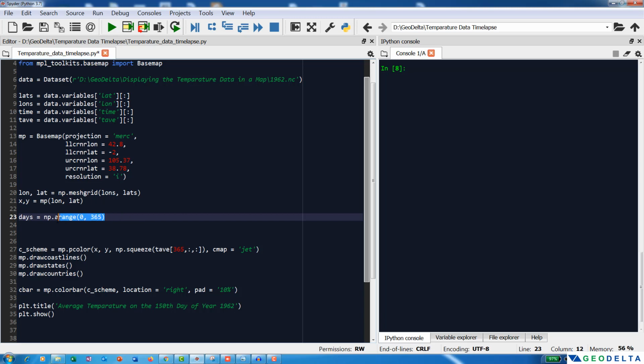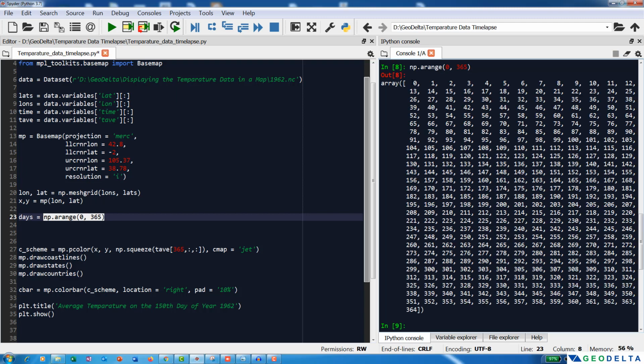Alright, so if I show you now what happens if I execute this small piece of code, you see that we have an array which starts from 0 and ends at 365. So I'm actually going to iterate through each and every entry like this, which basically corresponds to the 0th day, the 1st day, the 2nd day, the 3rd day of year 1962. So for each particular day, which corresponds to index number 0, 1, 2, 3 all the way up to 364, which actually corresponds to the 1st, 2nd, 3rd, 4th all the way up to the 365th day,